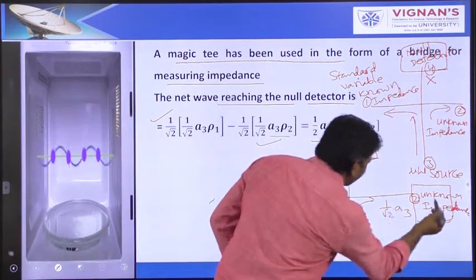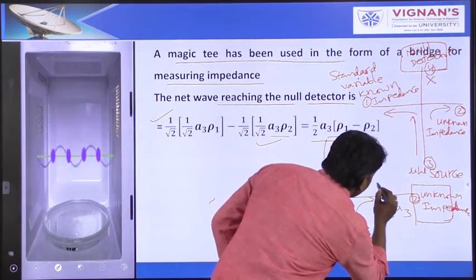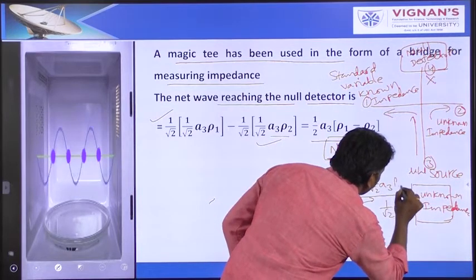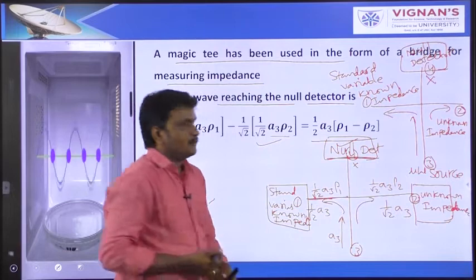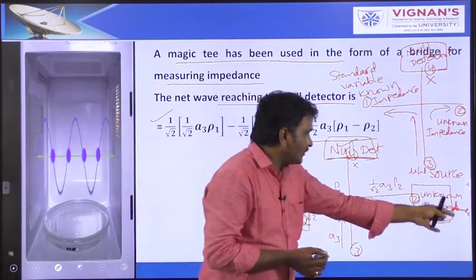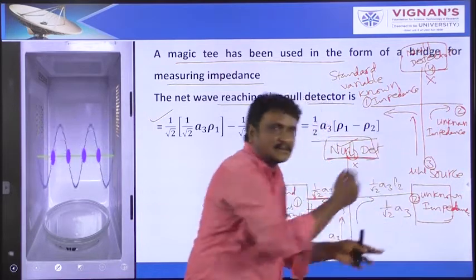In the same way, from here also, this 1 by root 2 into A3 into rho 2 power reflects towards the junction when the unknown impedance is mismatched with port 2,